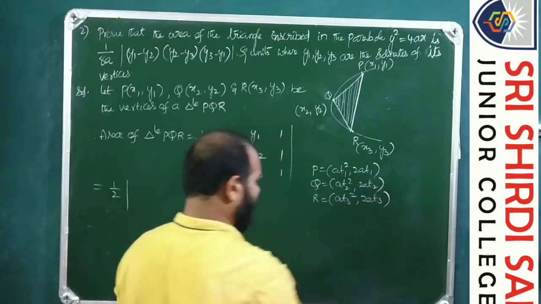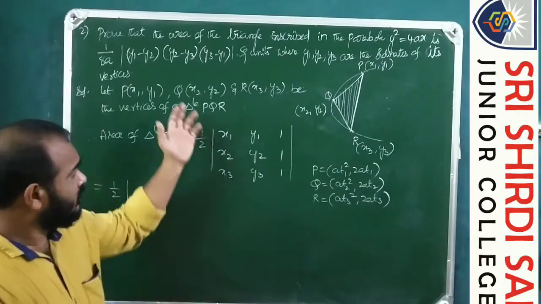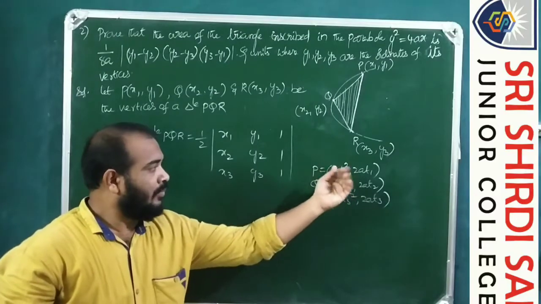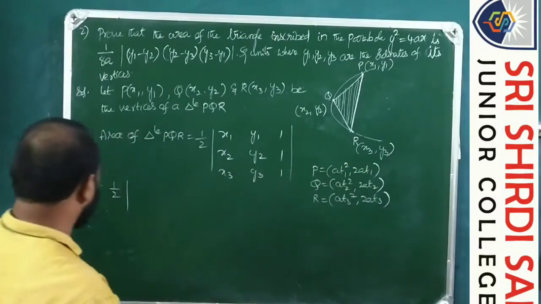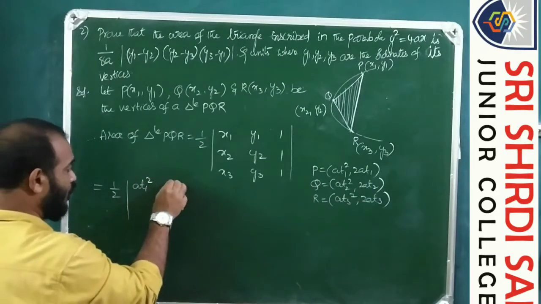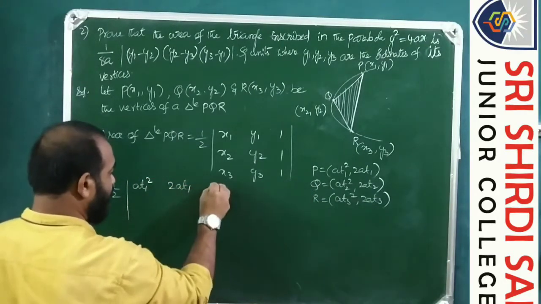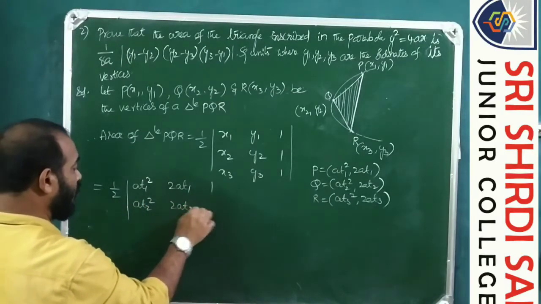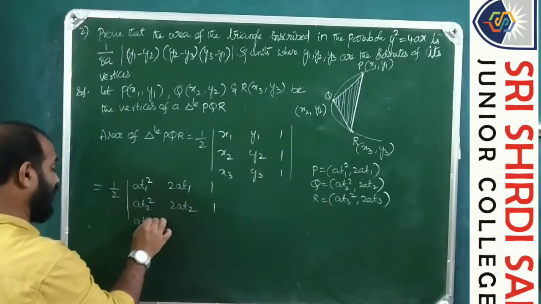So without loss of generality, instead of the Cartesian point we can take the parametric point as well. So now half into this is at1 square 2at1 1, at2 square 2at2 1, at3 square